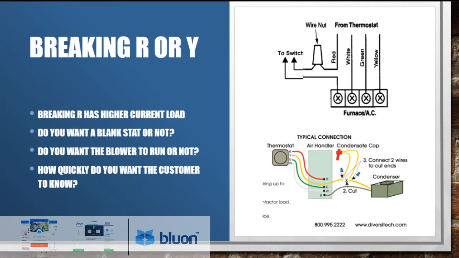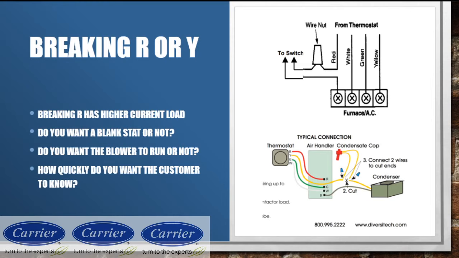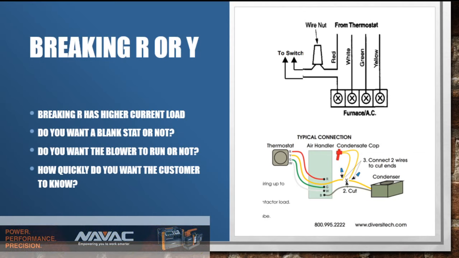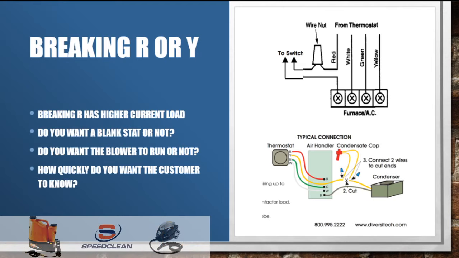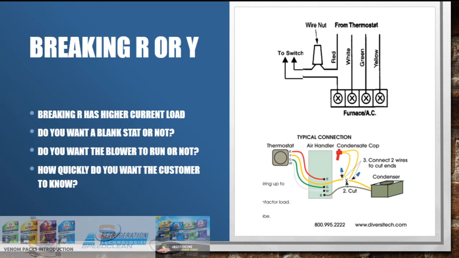So I'm on the side of things currently in our market that we break R and we leave the batteries in. So what happens is the equipment goes off, the blower goes off, and the condenser goes off. Now, the question is, do you want the blower to run or not? In our market, I don't want the condenser cycling with the blower staying on under those conditions because you're going to get re-evaporation. And so often what will happen if you break Y, condenser will go off, the blower will keep running, it may dry out the drain pan a little bit, and then it may,